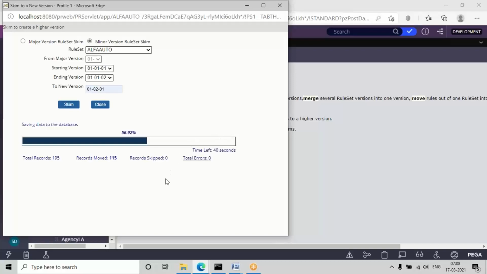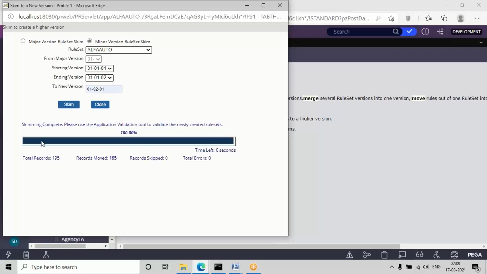But in any case, in your systems, if it is not showing any status and if it is stuck, don't worry, skimming will be completed. You can directly close it if it is not responding after so much time, and check it in the rule set form. Okay, if it is successfully completing, no issue. But in some systems they are getting some issue. Some students discussed with me. So if you get any issue when creating this skimming process, don't worry, just close and try once again. Okay.